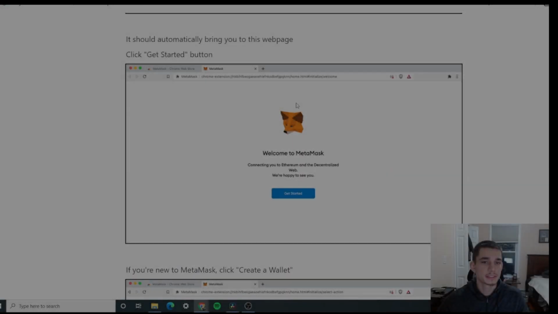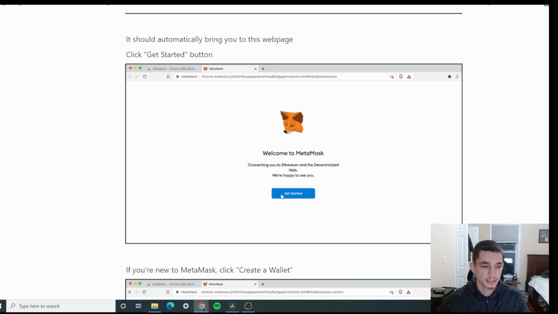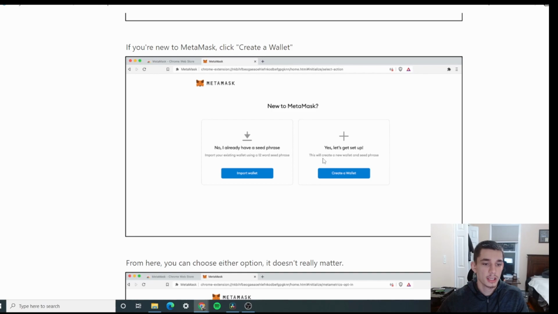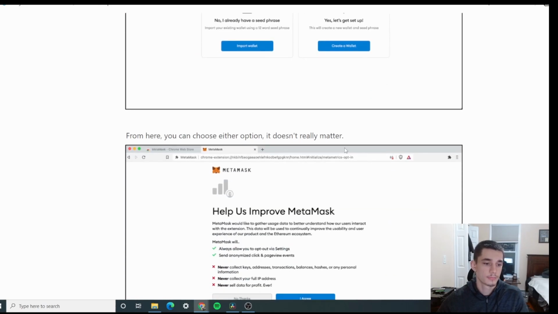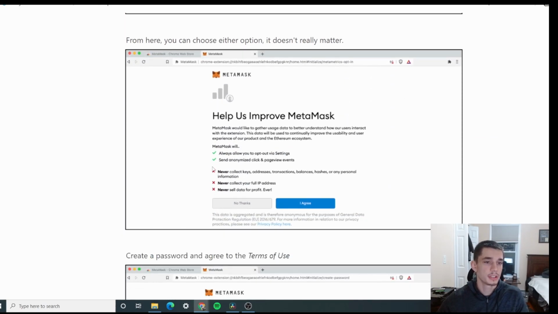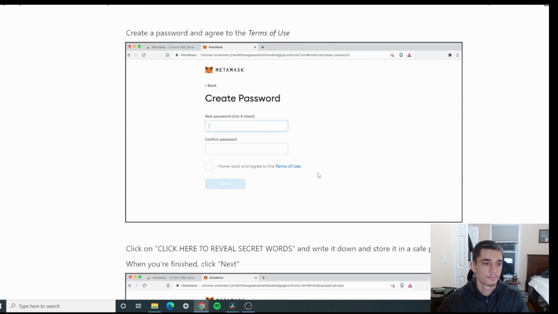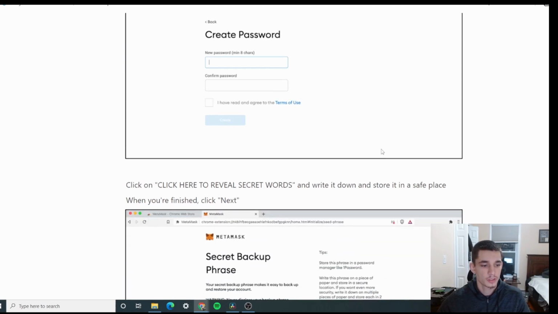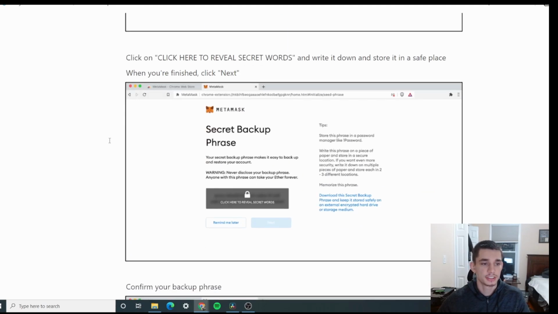If you have your MetaMask downloaded, you want to go ahead and click on Get Started, and then you're going to want to click on Create Your Own Wallet. Go ahead and agree, and this is where you're going to want to set your password. Obviously set it to something not simple. Make sure you have some capital letters in there, some numbers, some exclamation marks, question marks, just to make it a little safer. Then once you get there, you're going to see this screen right here, secret backup phrase, and I cannot